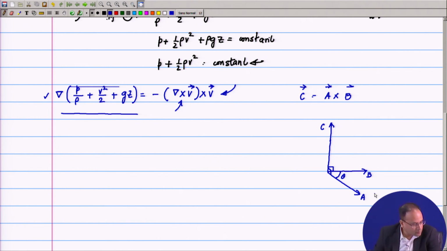So if you look at the product of these two, this is the velocity vector and this is the curl of the velocity vector. So, the product of these two will be normal to the velocity vector. The cross product between this vector and this vector, the resultant vector will be normal to each of these two vectors. So, if the resultant vector is normal to the v vector, that means it is normal to the streamline direction,